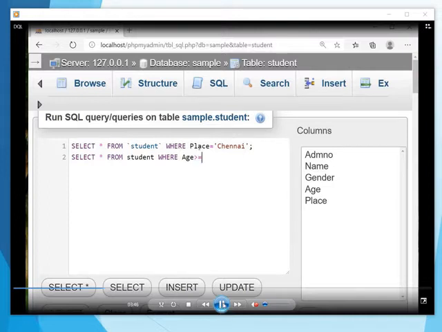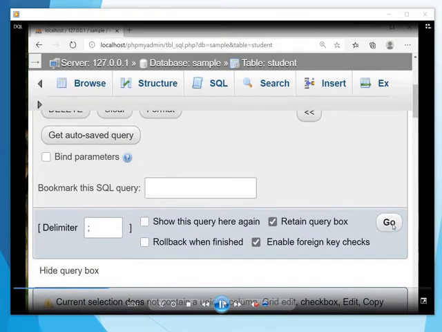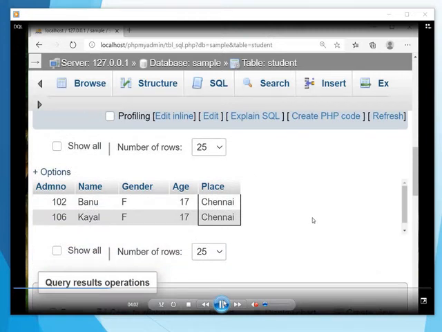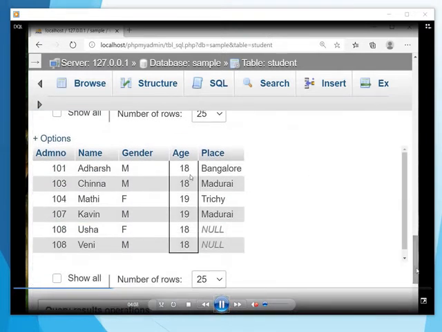So see the example. Select star, all the fields from the table student where age is greater than or equal to 18. Greater than 18, so 18 and 19.